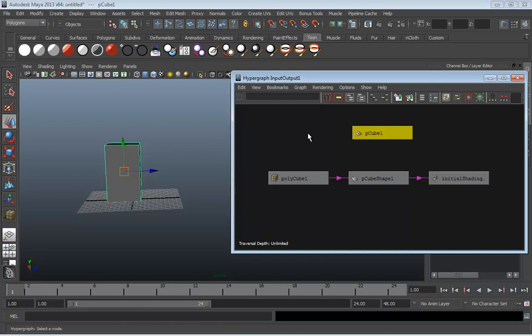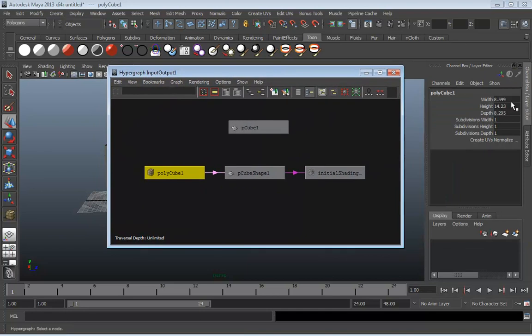For instance, we have an input node. This input node contains the default settings for a polygon cube, and we can augment those settings. It's kind of like a base blueprint. We can adjust the blueprints to change what our cube looks like. As a matter of fact, if we go underneath the channel box, while we're selecting this, you'll see Polycube 1, boom,